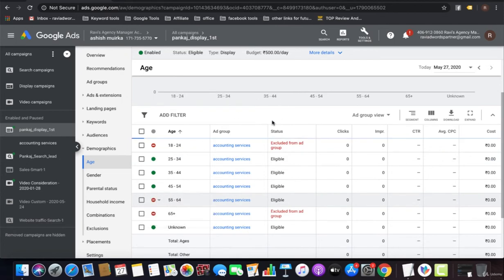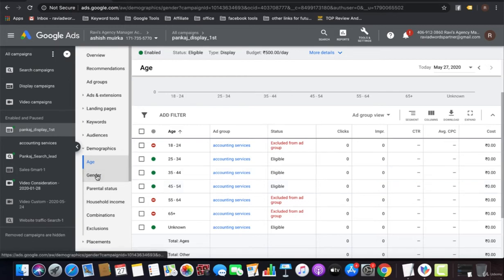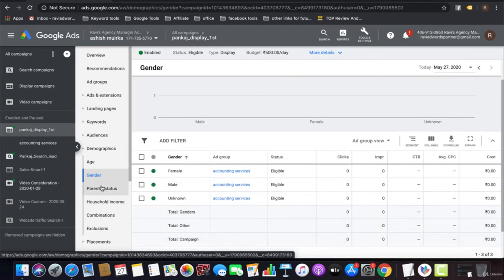That is my perfect audience size. That can spend, that are running business and that are acquiring accounting services.